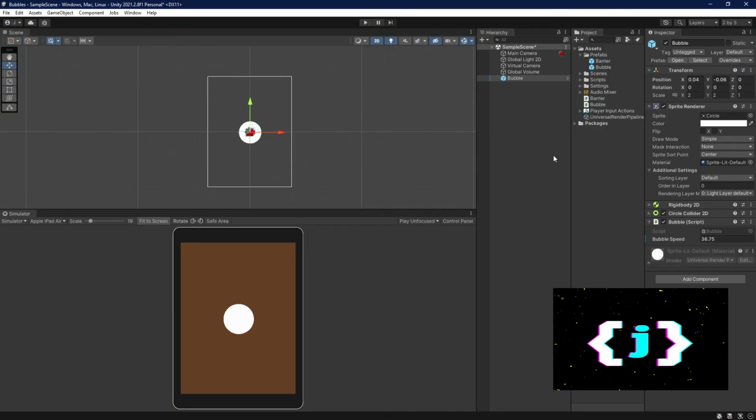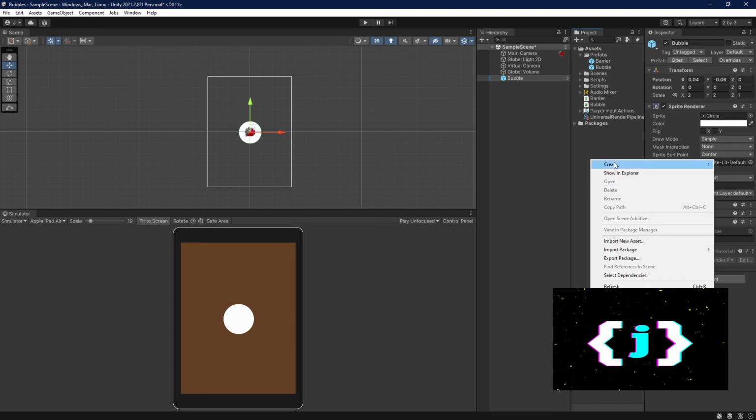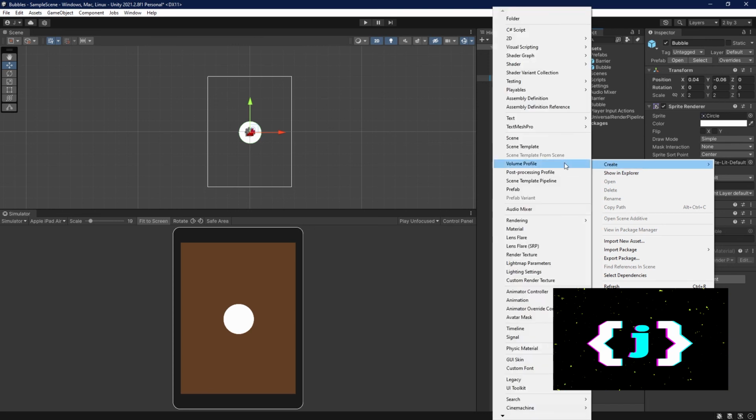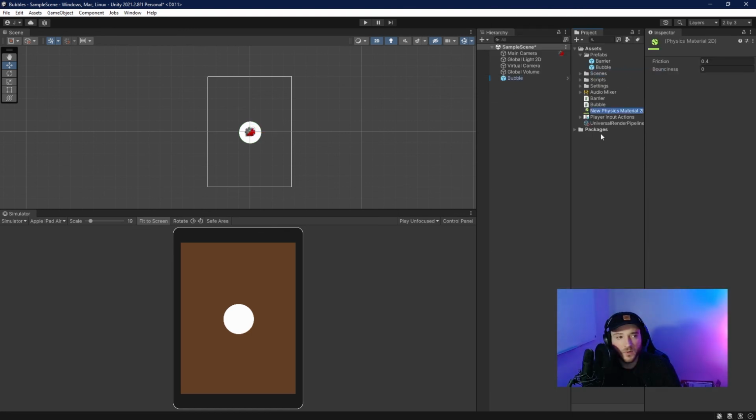And I believe this is because of the physics material. So over in the assets, right click, go to create, go to 2D and physics material 2D. And we'll call this bubble. So in here, what we want to do is increase how bouncy it is. I think 0 is not bouncy, 1 is max bouncy. Like it'll bounce almost like light would reflect, and make sure that there's no friction. So there's no friction when it impacts, it'll just keep bouncing. So if we hit save